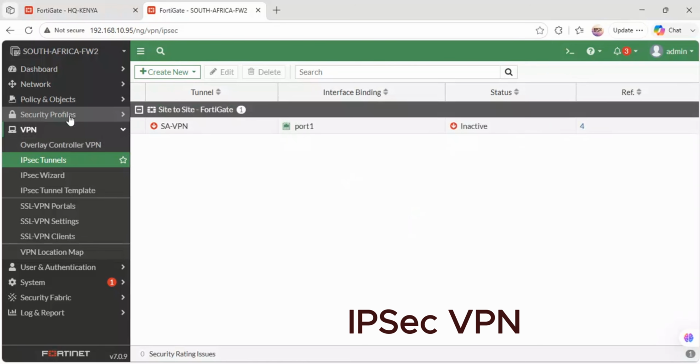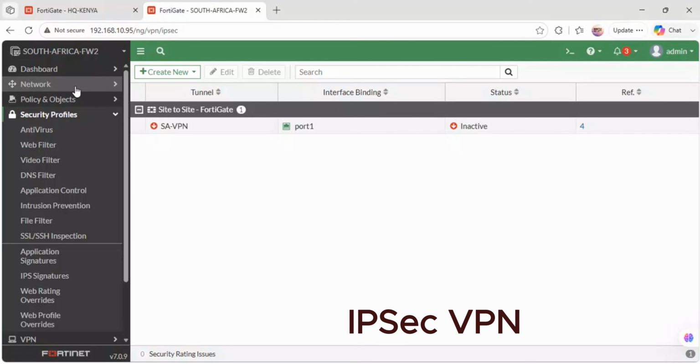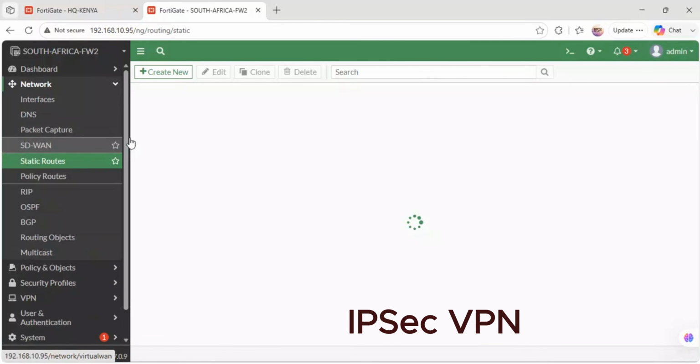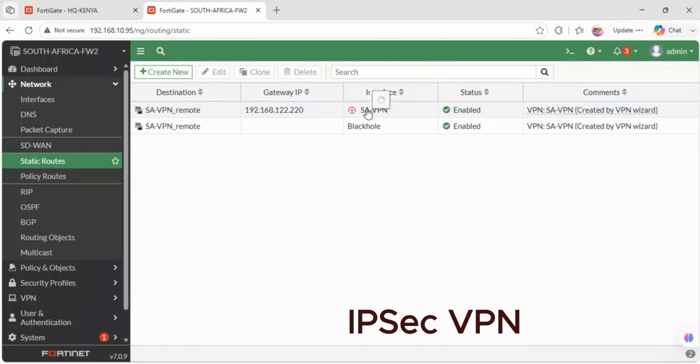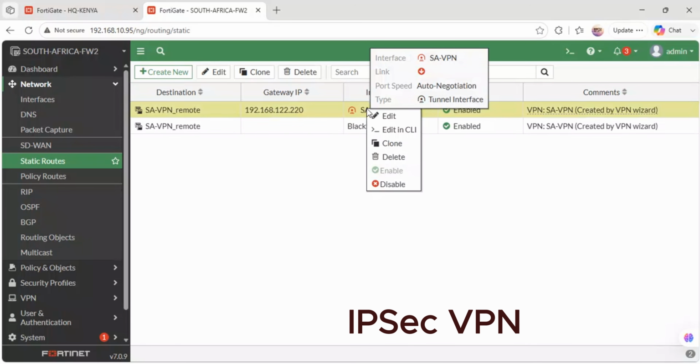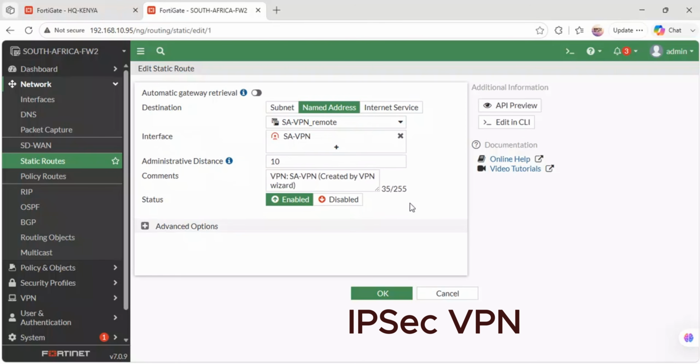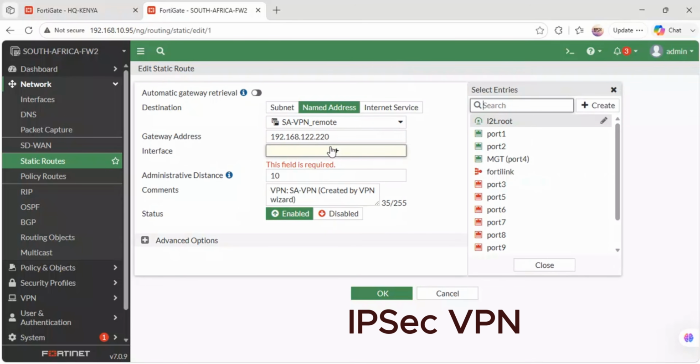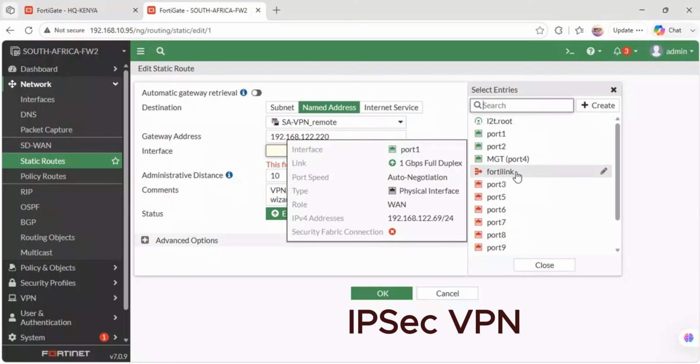So on this firewall I did not create the static route. You see. So you see this one is 192.122, and it is passing through the